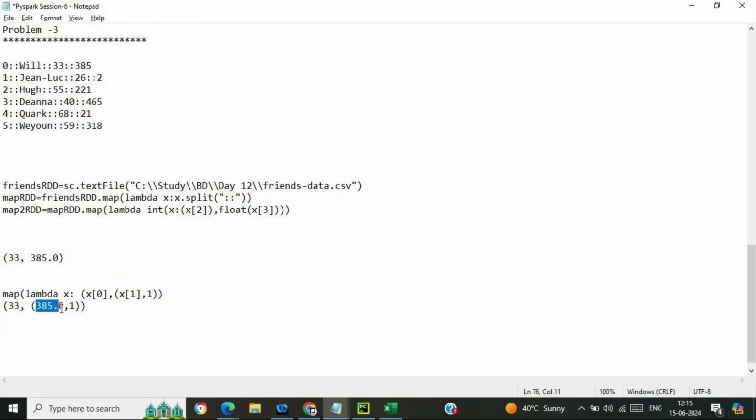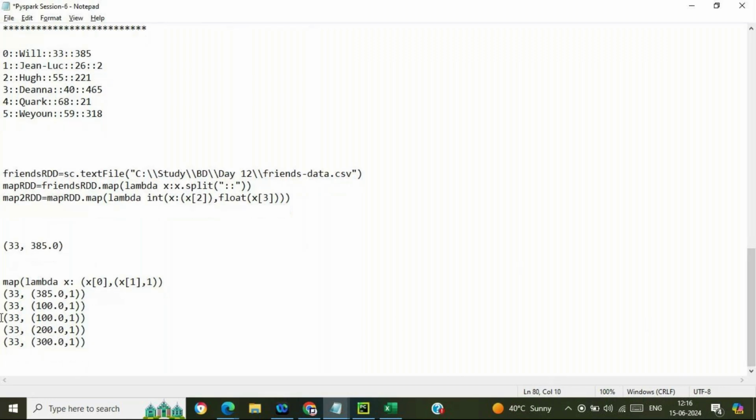So what we will do is perform the sum. If 33 is there, that is given 5 times, then after this map transformation we will be getting the outcome in this particular way.